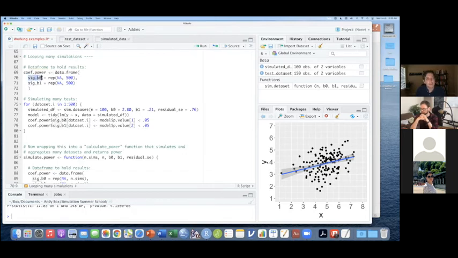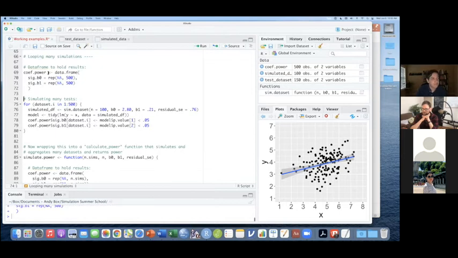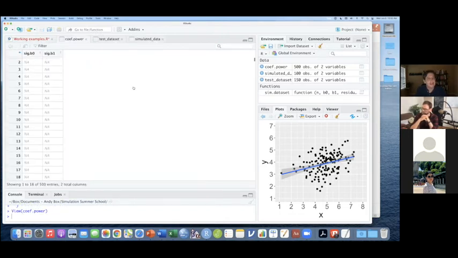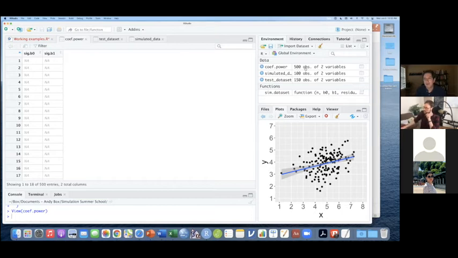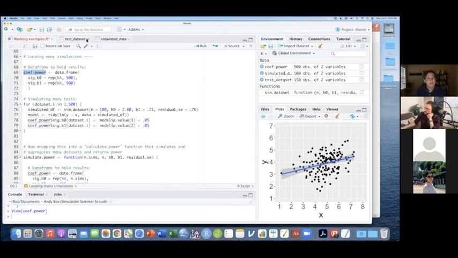One column to store the results of each iteration for the significance of the intercept, which we don't really care about, but I'm including here to be comprehensive. And also a column to hold the results for the slope, which we really do care about. That's why we're here. And so we're going to assign this to an object named coefficient.power. And you can see this is just a big, lonely data frame of 500 empty rows ready to store the results of our